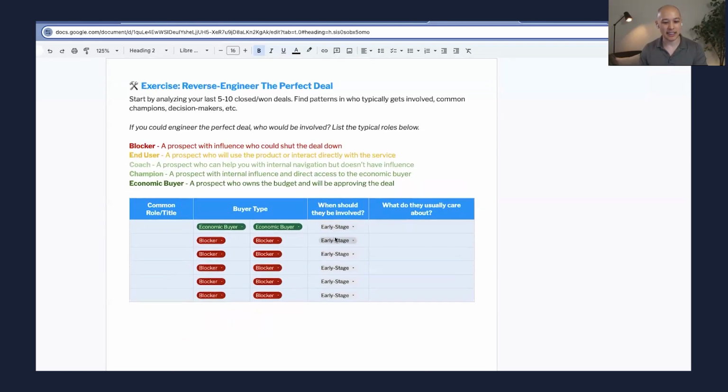The first thing that is a very powerful exercise is just thinking about the people that need to get involved, who tends to be the blocker, who tends to be the economic buyer, etc. A lot of this is borrowed from MEDDIC language. So an economic buyer, that's the person who might not be signing the actual contract, but it's their budget. And I think an important differentiation, and I'll kick this first question your way, Heath, champion versus coach. There's often a confusing, like, oh, so-and-so is my champion, just because they've shared the most intel with me, right? How do you think about the difference between a champion versus a coach?